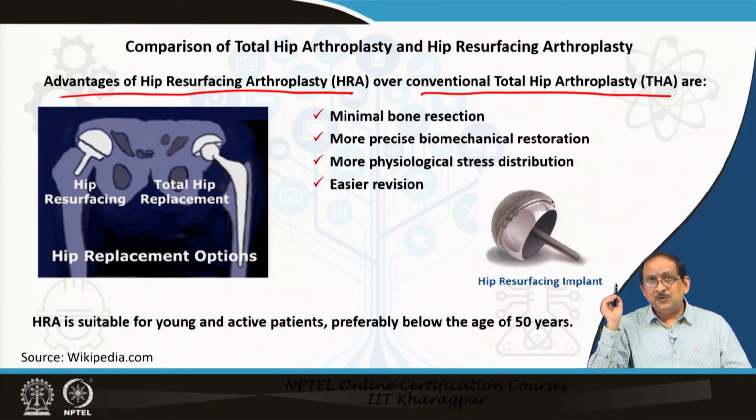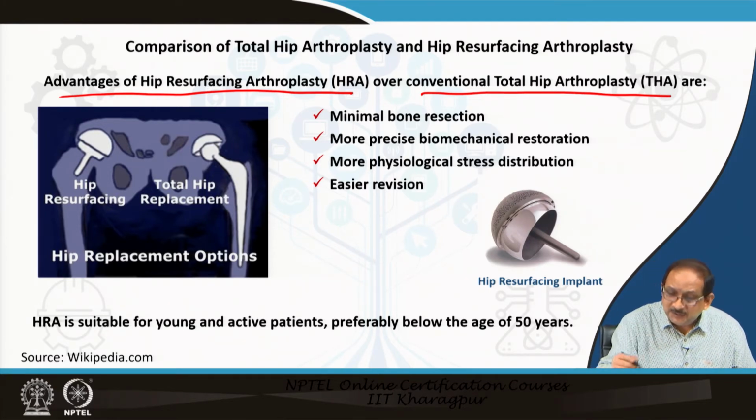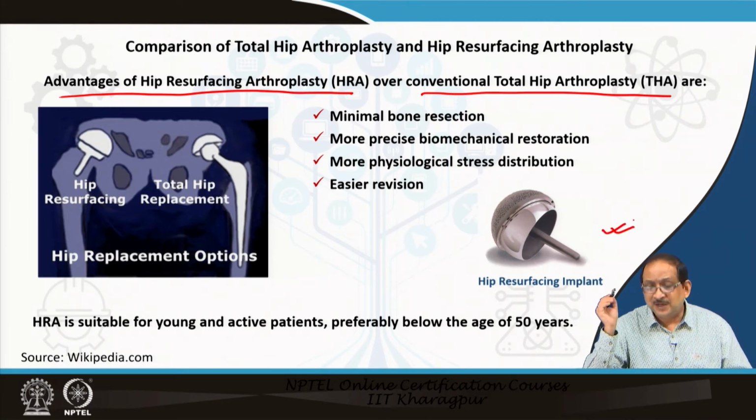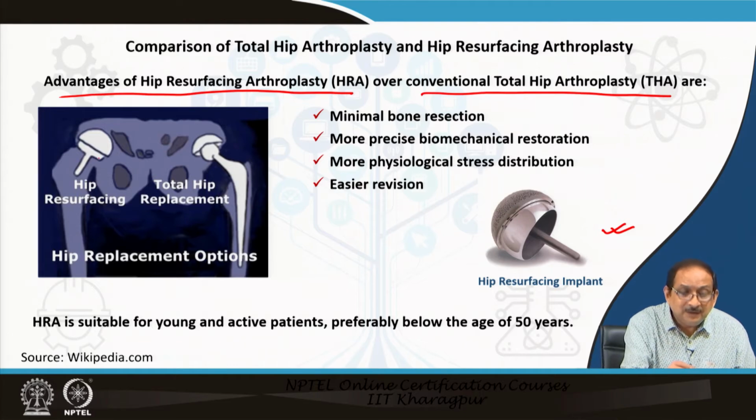As you might know, hip resurfacing is a surgical procedure that involves replacement of the articular surfaces of the joint. You can see a typical hip resurfacing implant presented in the slide, and this replaces the surfaces of the femur bone as well as the acetabular bone,